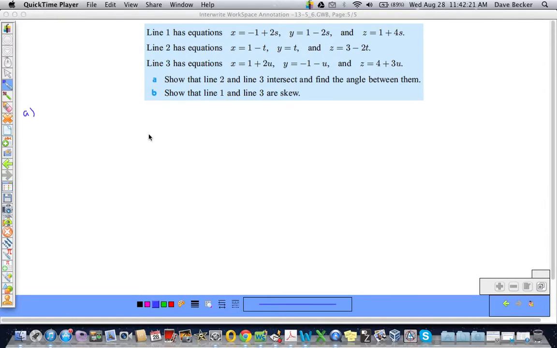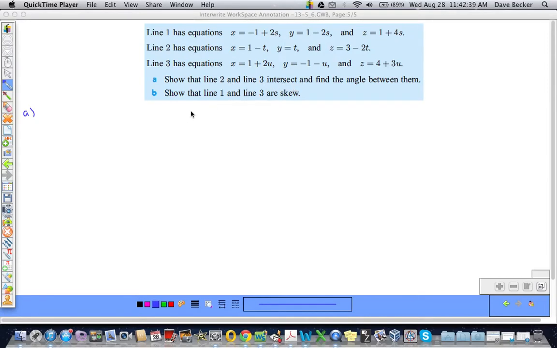Finishing up intersecting lines and relationship between lines. And we just have this one example to do. What we have here are three lines given in parametric equations. And our first thing we have to do is show that line 2 and line 3 intersect and then find